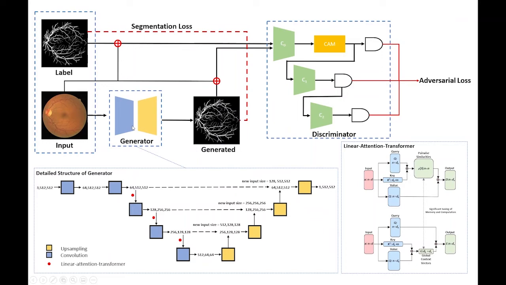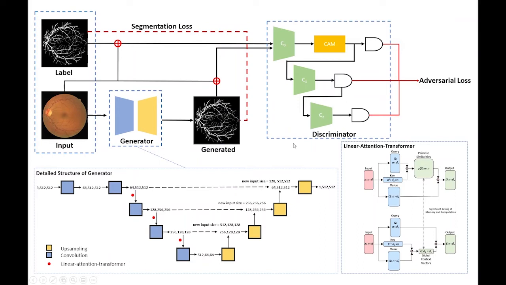The generator will try its best to lower the adversarial loss. So it will update its parameters in order to generate more realistic images to get higher scores from the discriminator. But the discriminator is not that stupid. It will also update itself